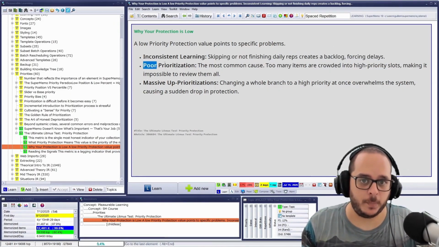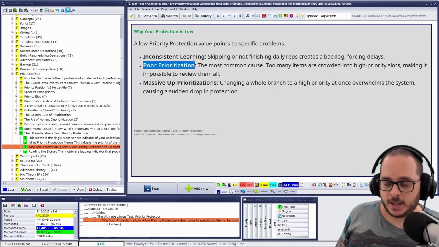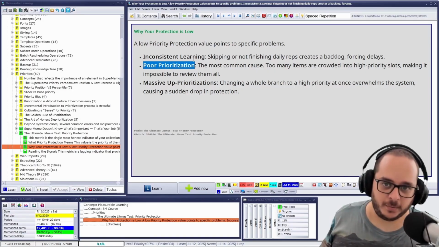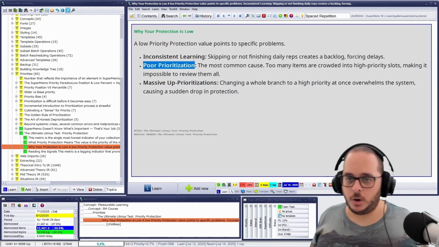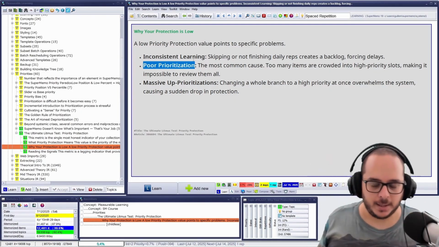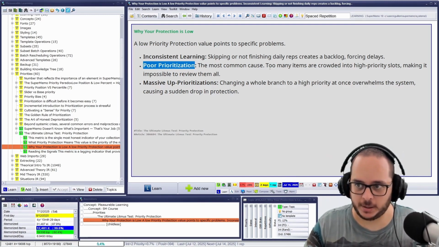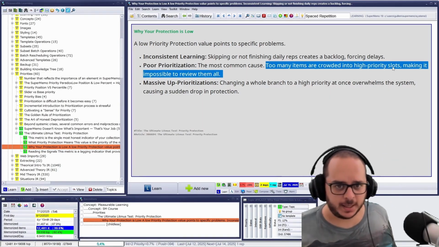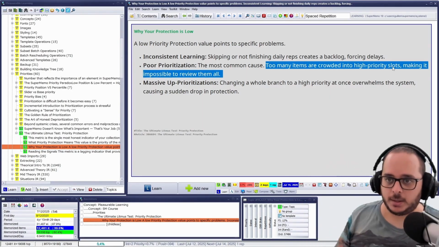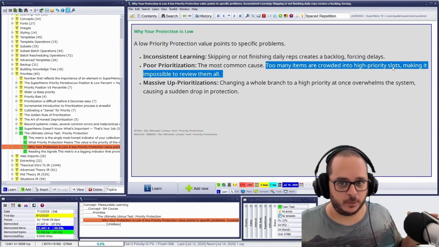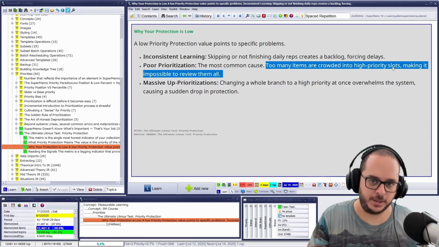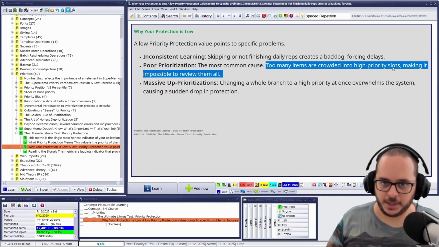Another option could be poor prioritization, as I hinted before. You had 100 items and you did 90, but you did items with lower priority before others with higher priority. That is because you don't care about priorities, or you're still getting the hang of it. Too many items are crowded into high priority slots, making it impossible to review them all. This is especially the case if you set priorities in bulk as a newbie, and you will be very prone to have chunks where a lot of items are concentrated in the same range because of a bulk operation,